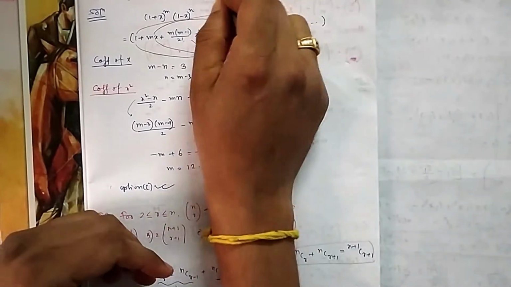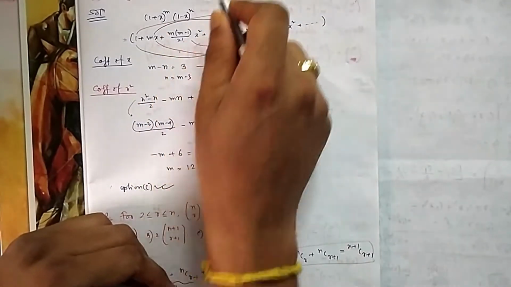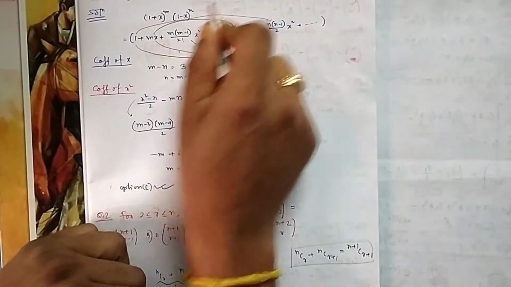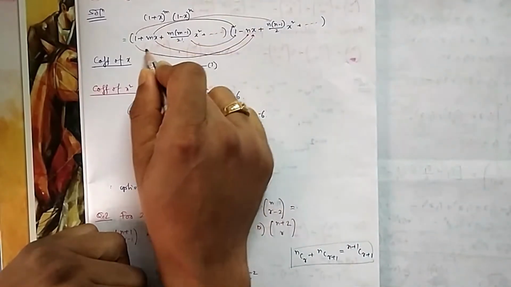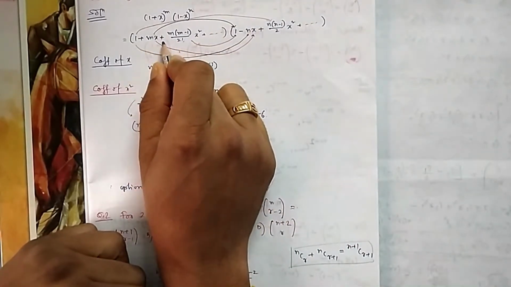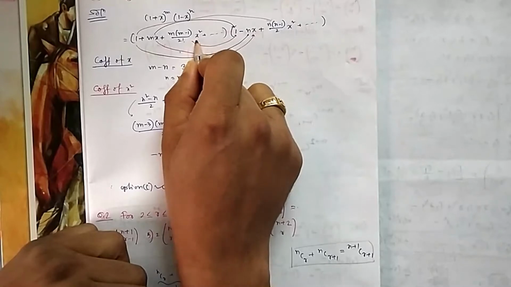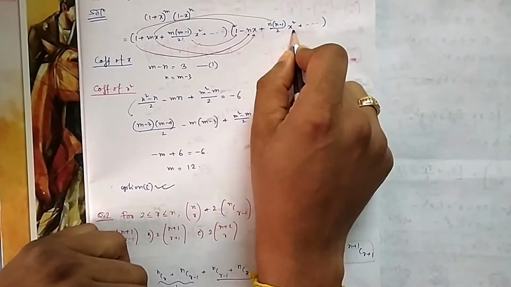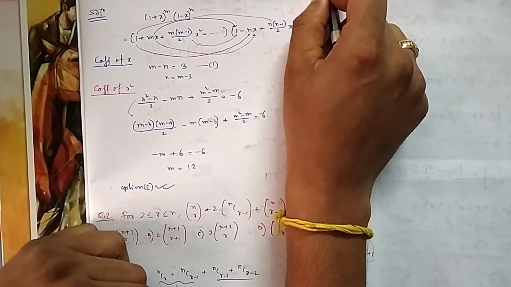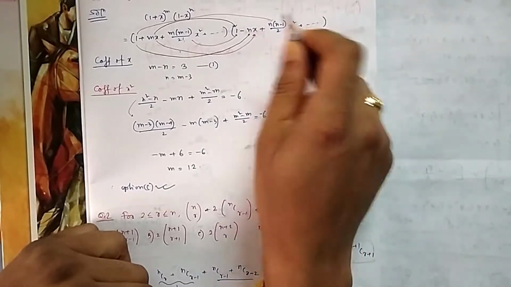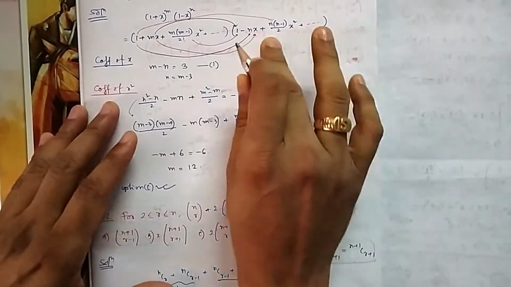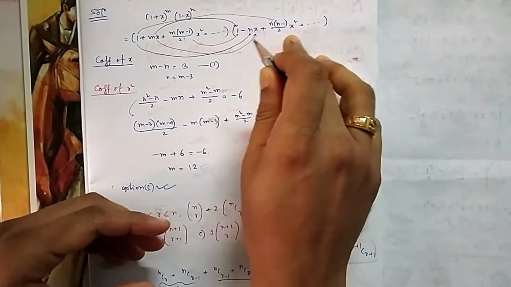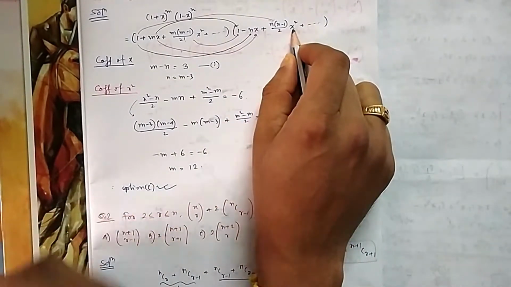Now this can be solved by using this expansion. If you expand 1 plus x, because it is a small one, you can expand it easily. So I am writing up to 3 terms only: 1 plus mx up to square only, and here also nx up to square only, because I need only x to the power 1 and x square only. That's why we have gone up to x square only.